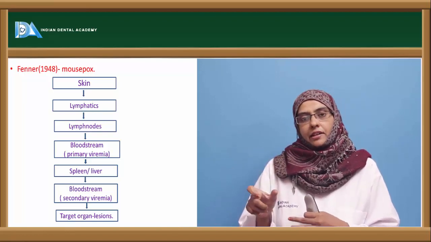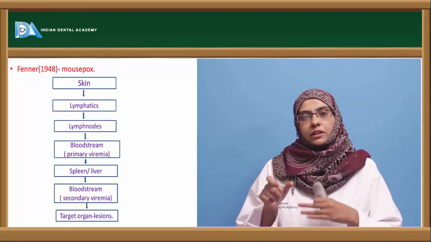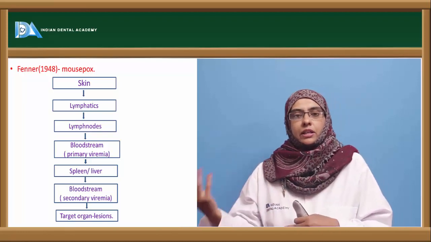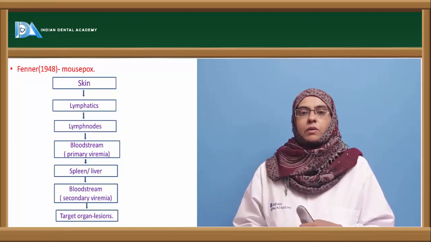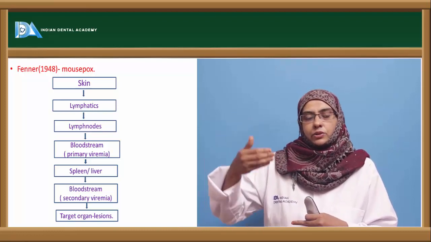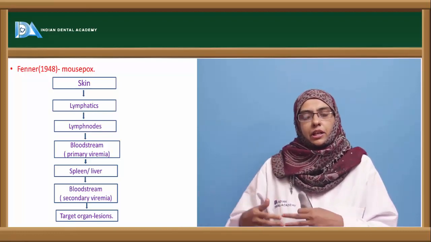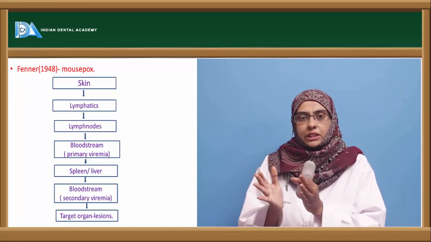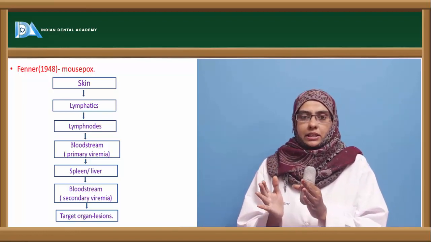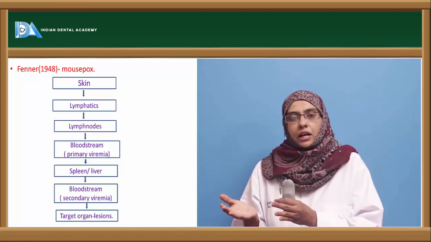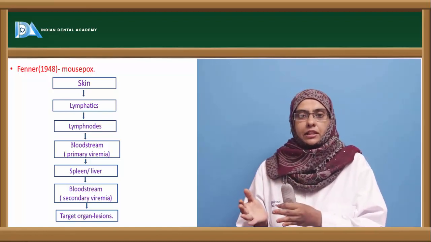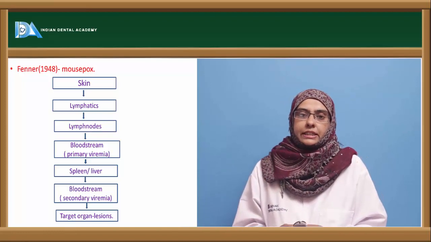Now it is this secondary viremia that carries on the viruses to the target organ, where you can see the pathogenic effect of the virus in the form of lesion. So this is how the viruses usually get disseminated into the body and cause systemic infection. So this is the model that describes how the viruses usually disseminate. So similar type of study has been seen in the humans, where the dissemination of the virus takes place to